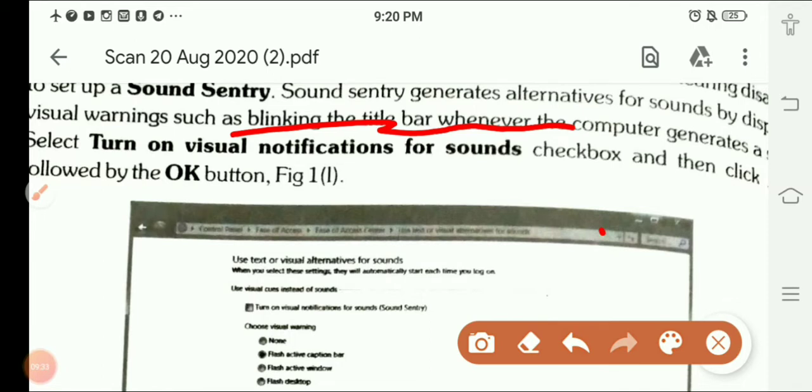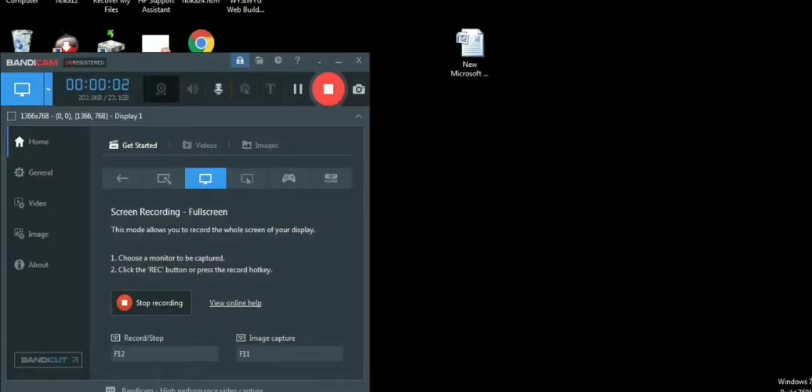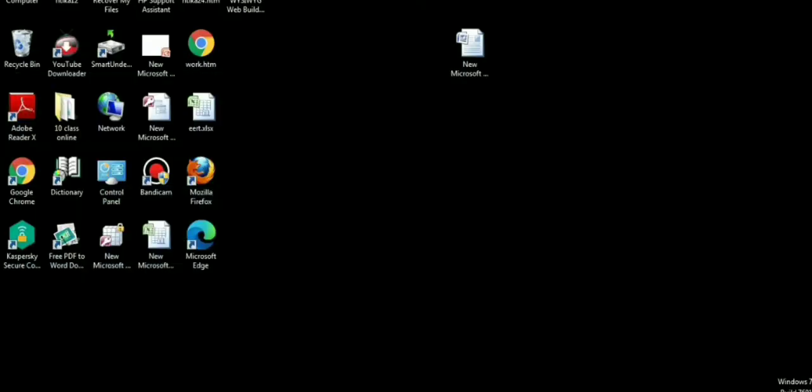So here we will go there in the practical. Now children, we will start with the next topic of unit 1, that is working with accessibility option. Here I will show you this thing in practically.